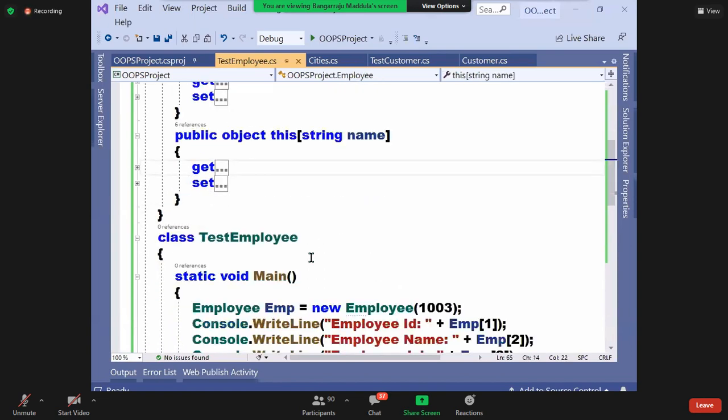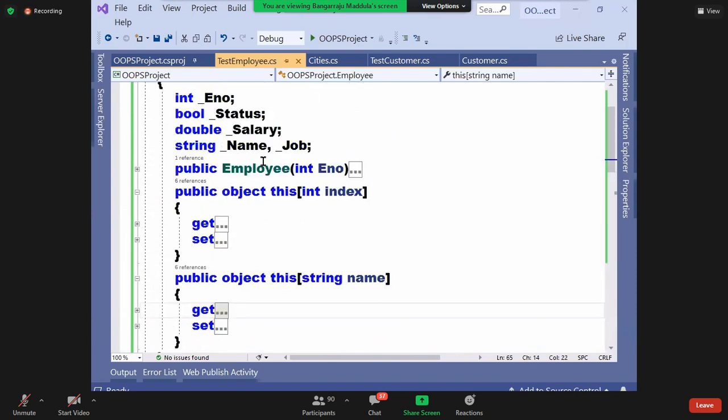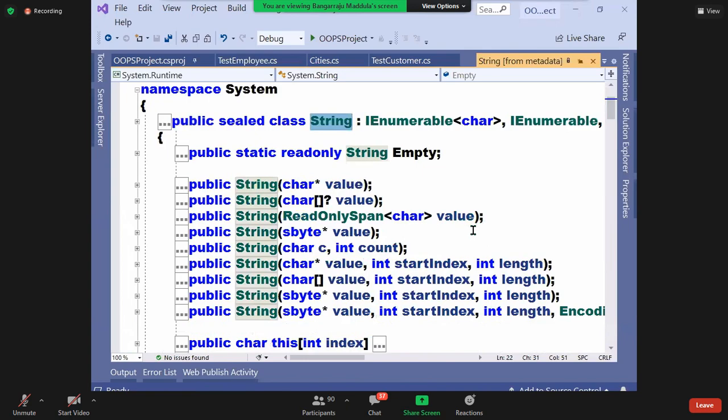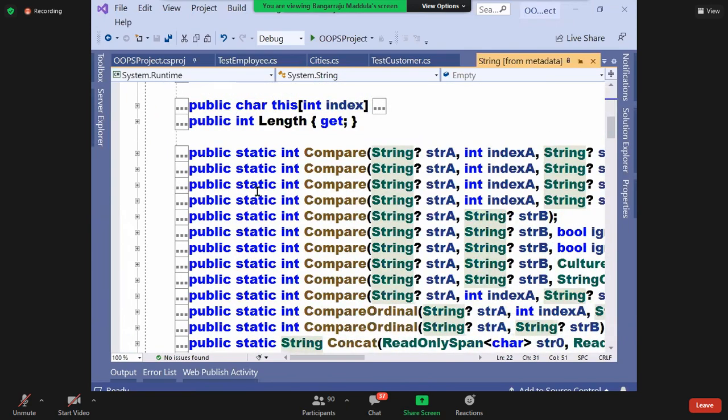Okay. So for example, see guys, if you go to the string class, right click on string and say go to definition. Observe it, all of you. There is an indexer in the code.